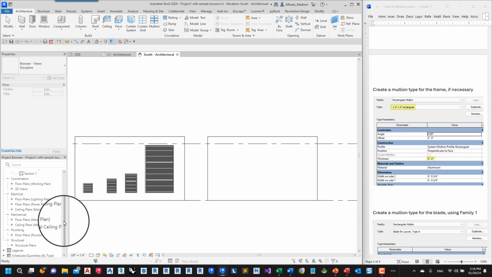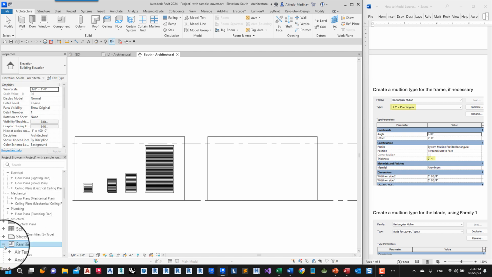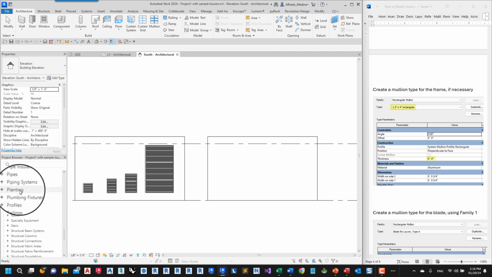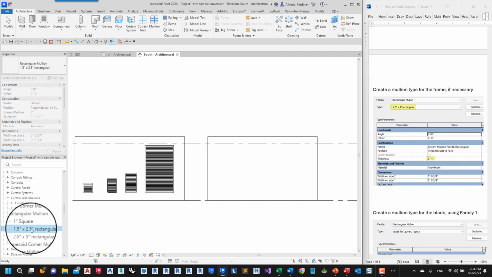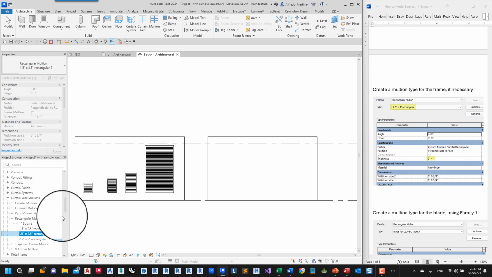To do that, here in the project browser, we go to Families, find curtain wall mullions. Open rectangular mullion. Select 1.5 by 2.5 and do duplicate and create another one called 1.5 by 4